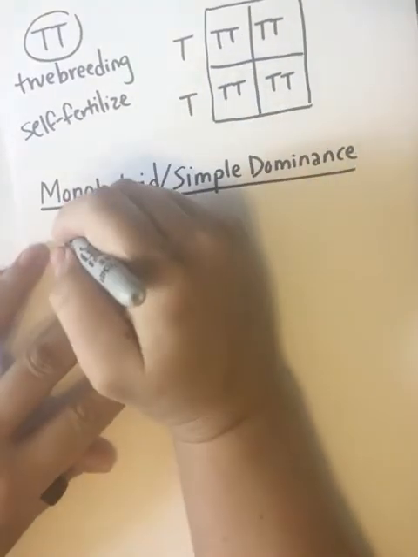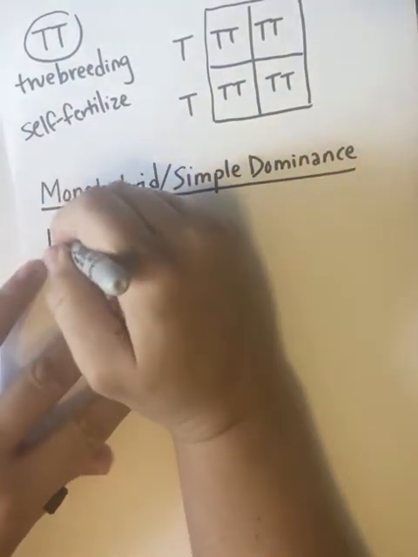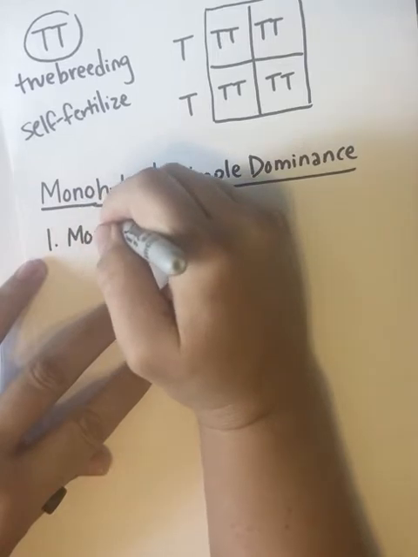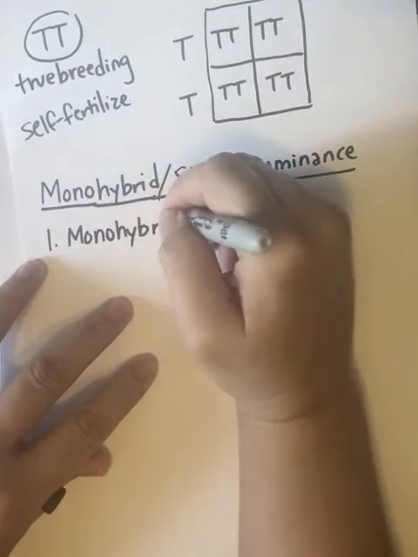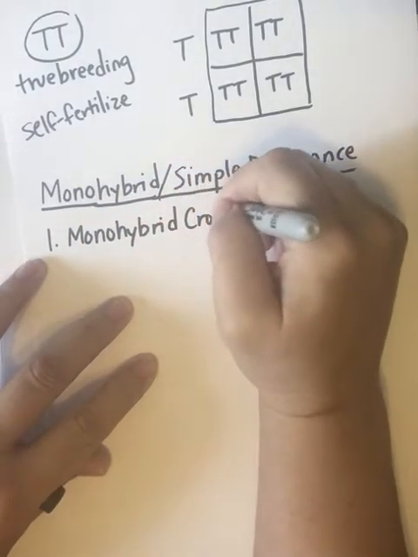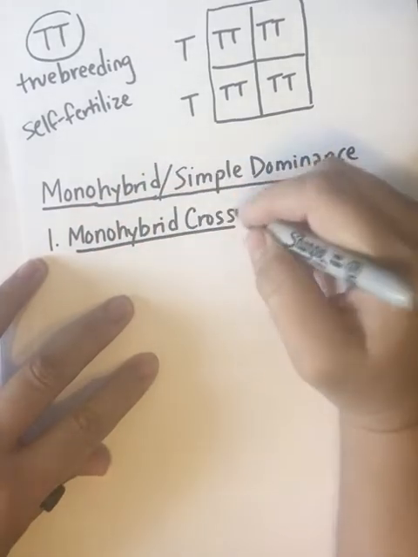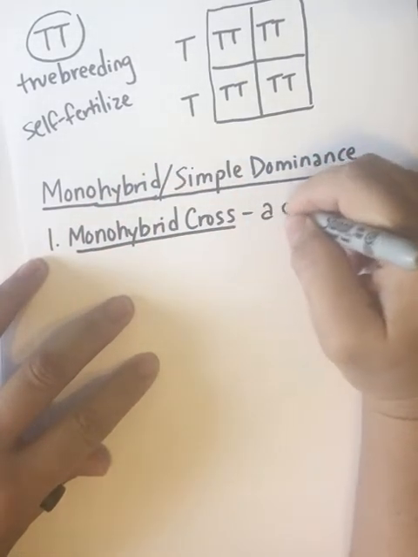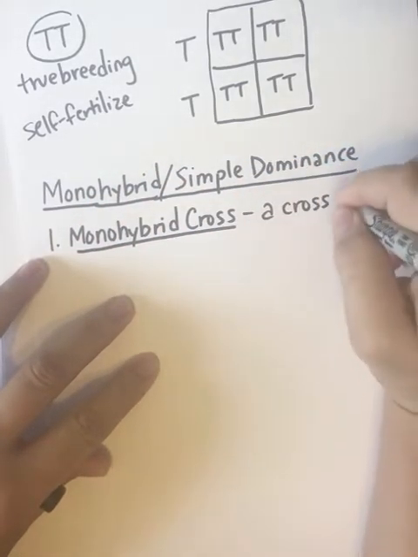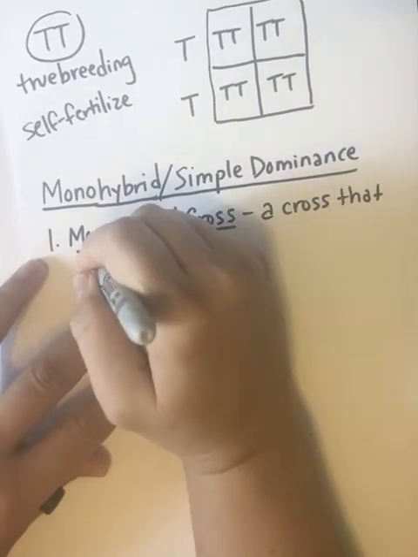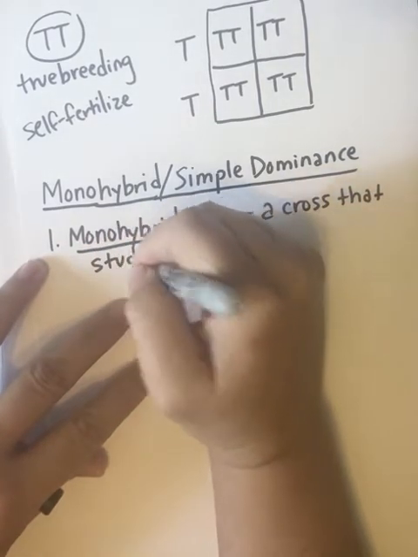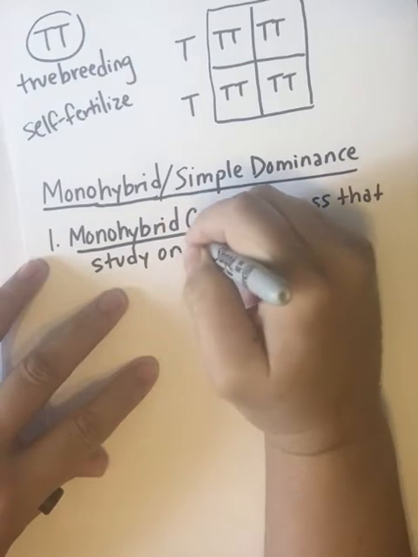So when we say we have a monohybrid cross, this is a cross that studies only two variations